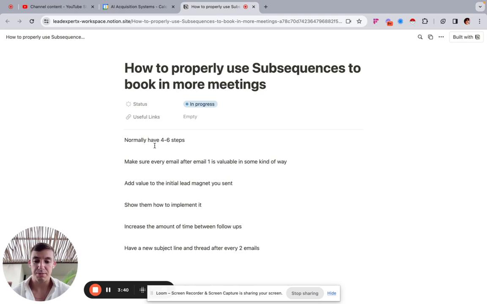But increase the amount of time between your follow-ups. So the first one would be 2 days, then 3 days, then 4 days, and so on and so forth. And then the second thing is have a new subject line and thread after every 2 to 3 emails. So you might only do this once or twice in your actual subsequence, but what this does is just help with the prospect understanding, like, hey,